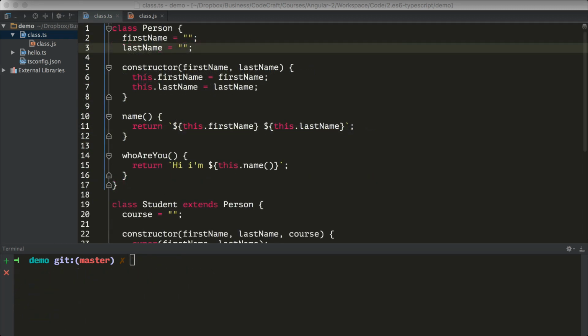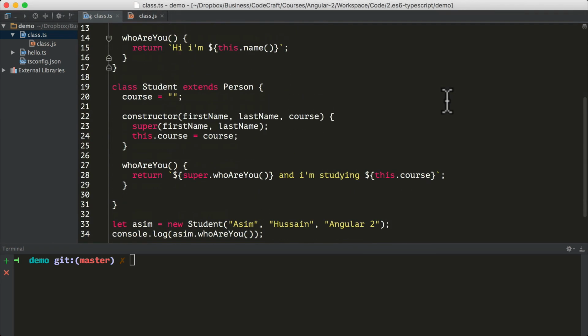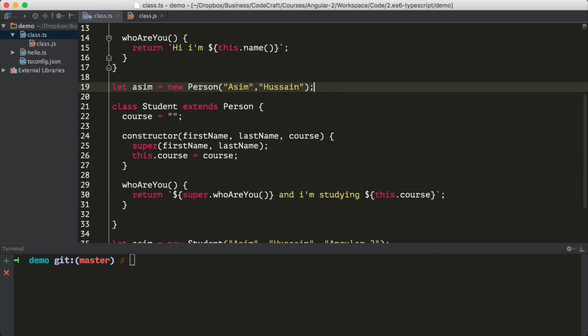Everything we have learned so far about classes is pure ES6 JavaScript. However, TypeScript adds some nice functionality on top of ES6 classes, namely function and property visibility via access modifiers. For example, we can define the properties of our person class as private. And then if we created an instance of asim from person,